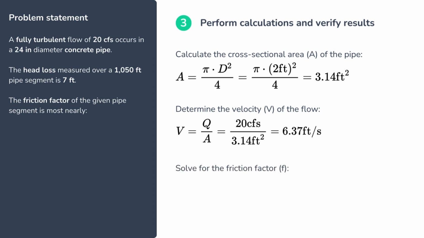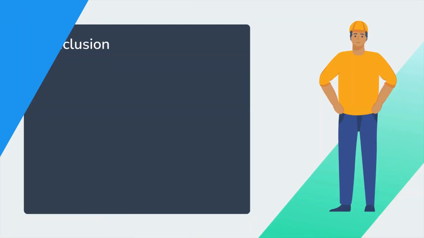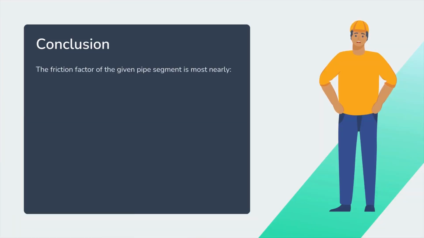Finally, let's solve for the friction factor, f, which is 2 times head loss, times gravity, times diameter, divided by length times velocity squared. Plugging in our values, the friction factor comes out to approximately 0.0212. To conclude, the friction factor for this turbulent flow in a concrete pipe is about